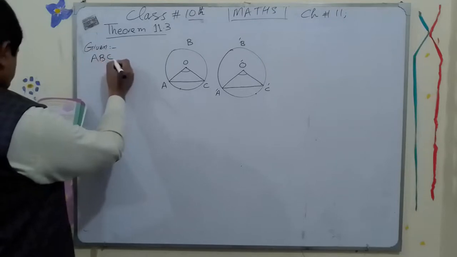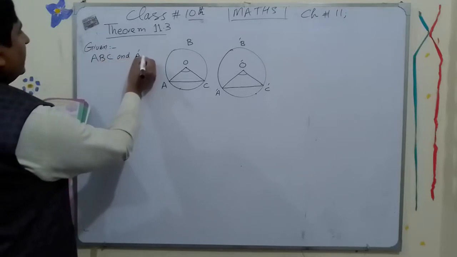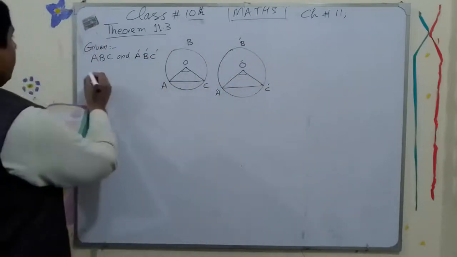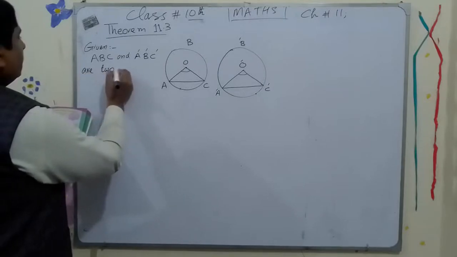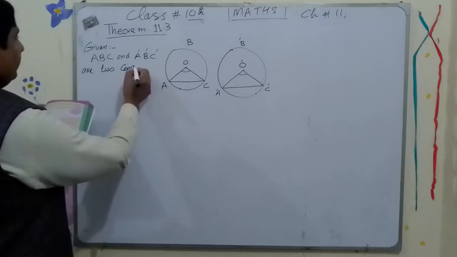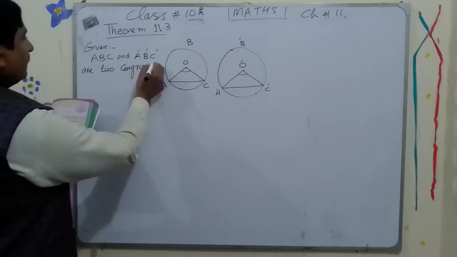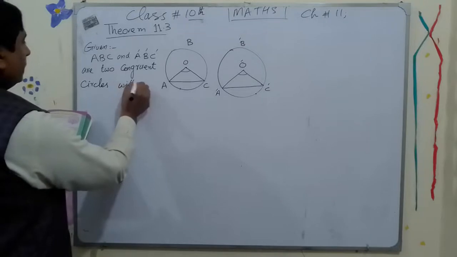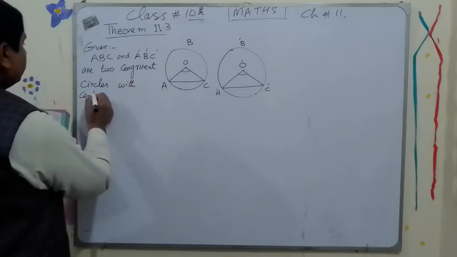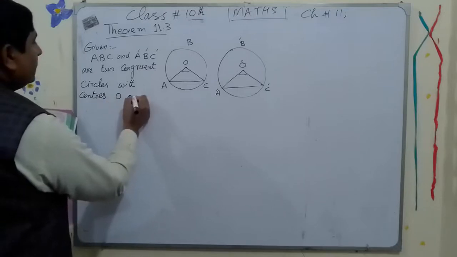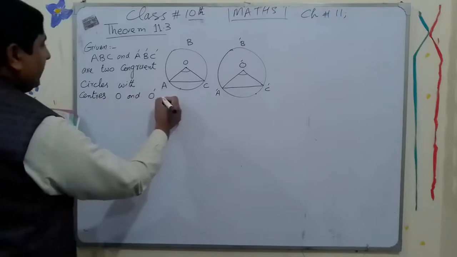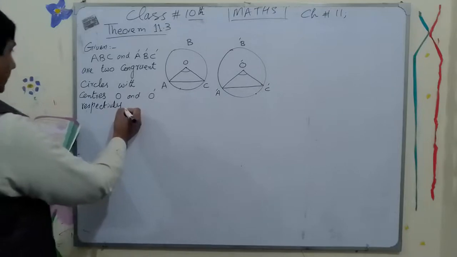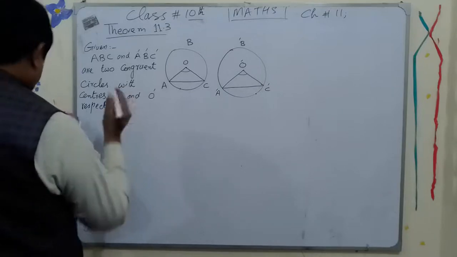ABC and A prime B prime C prime are two congruent circles with centers O and O prime respectively, so that